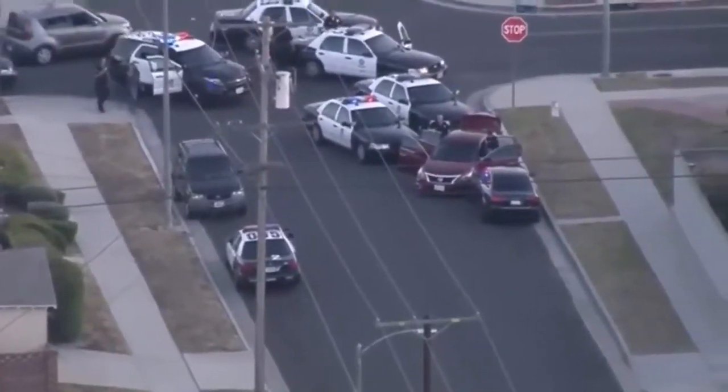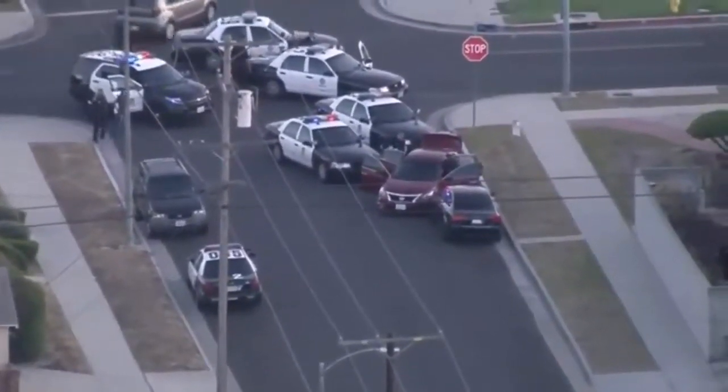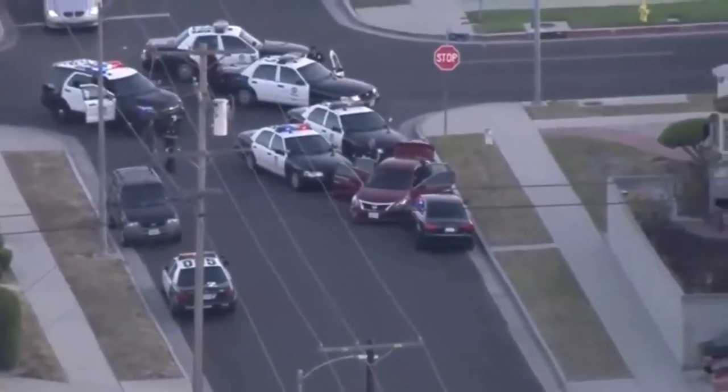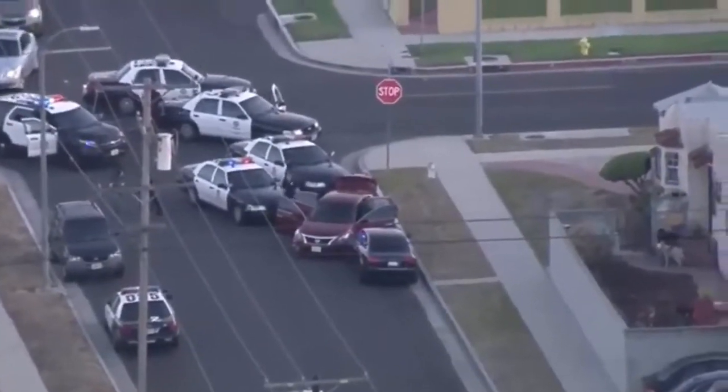Yes, sir. 2 in custody, driver and passenger. Copy all. I'll make an effort to read some of